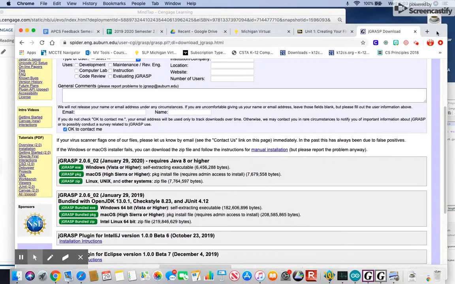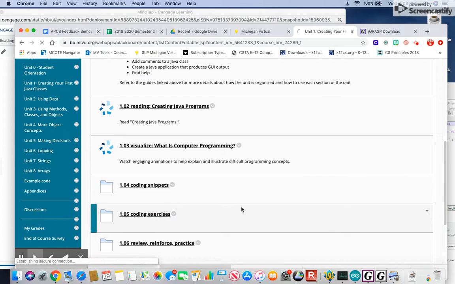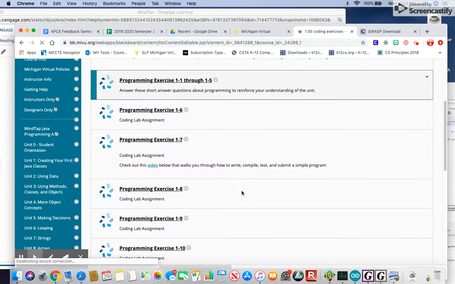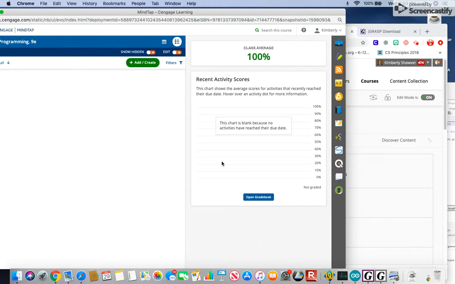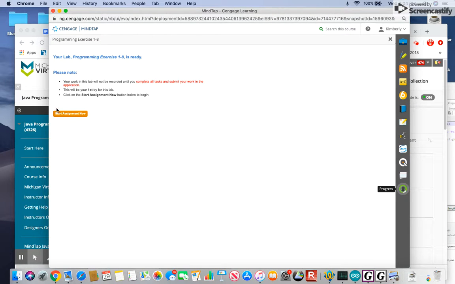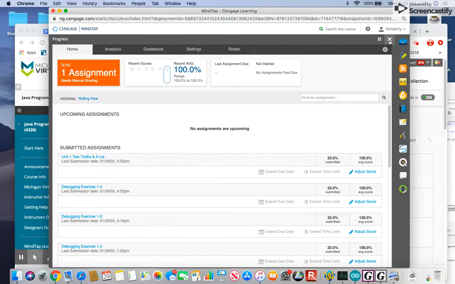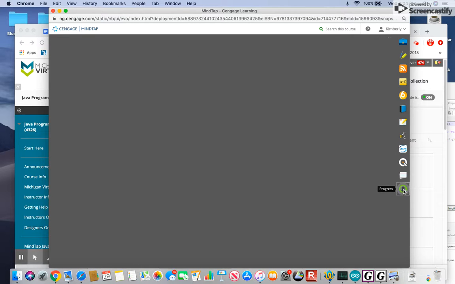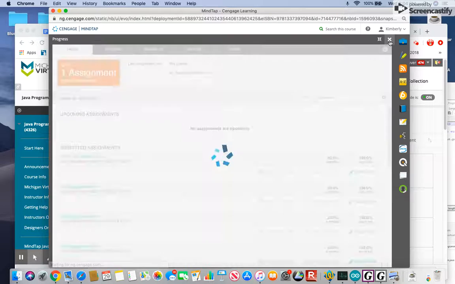Now, the good news is once you really get into the course, when you start doing coding exercises, like this one, for instance, there is a built-in sandbox already in the course. So if you just get frustrated and don't want to waste time trying to figure that out anymore, you can just work right in the sandbox. So you can just go, I jumped ahead of the game. I apologize. I got too excited. You can go right, I did it again. Go right to